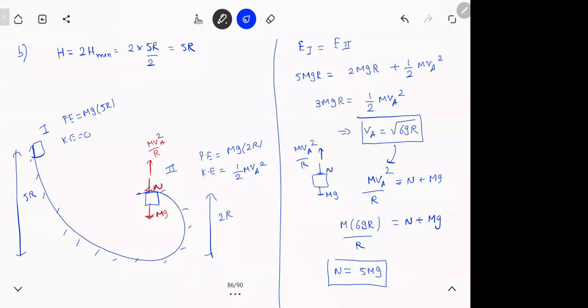Whenever someone asks you to find the speed at a point on a curve, indirectly he's telling you to use conservation of energy. And if someone is asking you to find the normal reaction, indirectly he is telling you to draw an FBD, because you get forces only in a free body diagram. So these things should be ingrained in your brain. The moment someone says find the force, it is understood he is asking to draw an FBD.